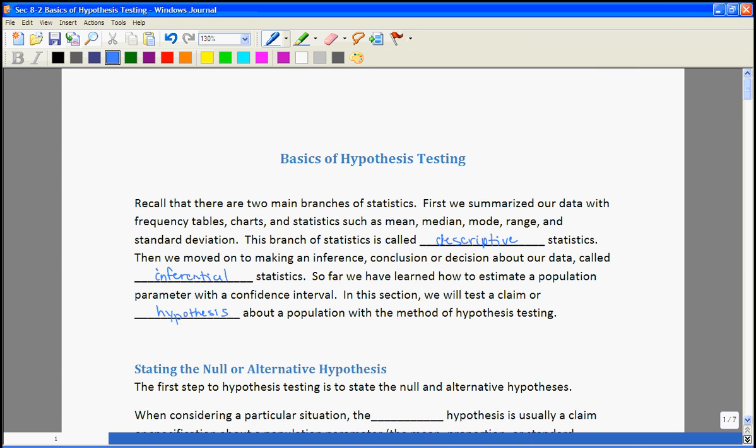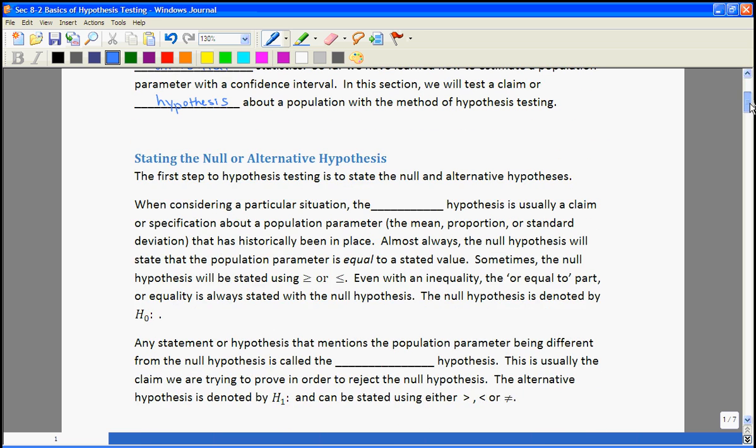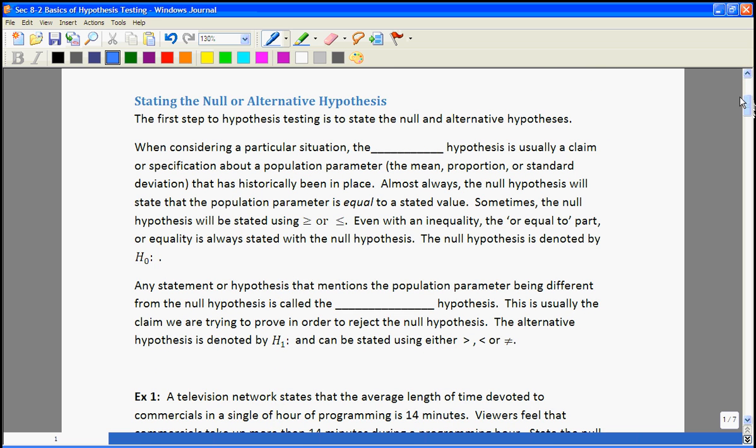This section is mainly made up of the basics of hypothesis testing, and these are all things that are the same across the board no matter what test you're doing. So we're going to work on those first before we get to the specific tests for specific parameters that we might be testing. So the first thing you do in any hypothesis test is to state the null and